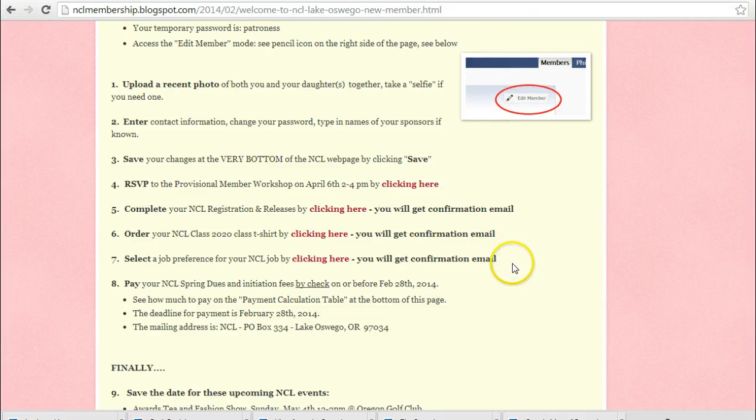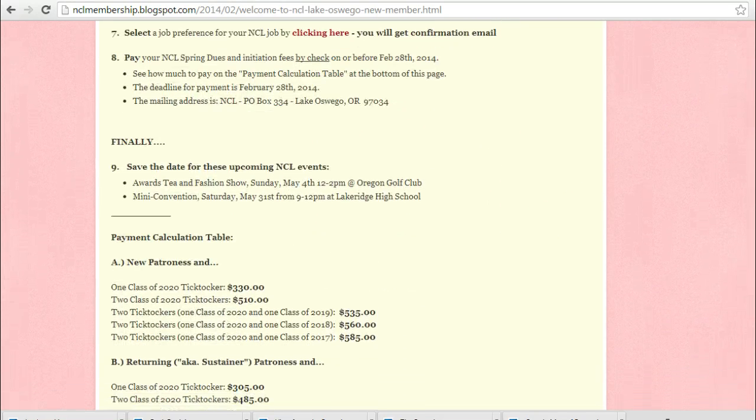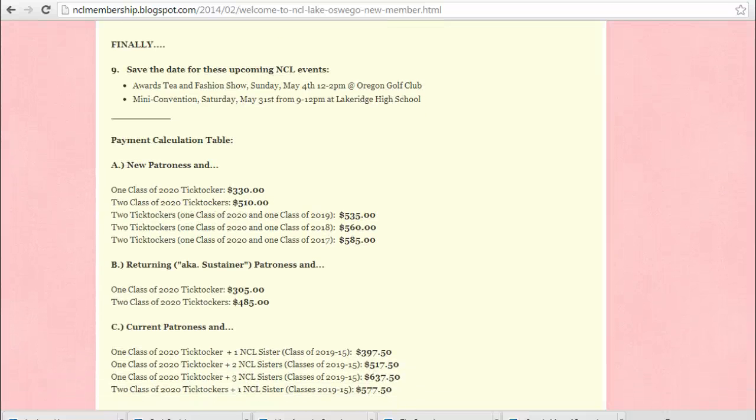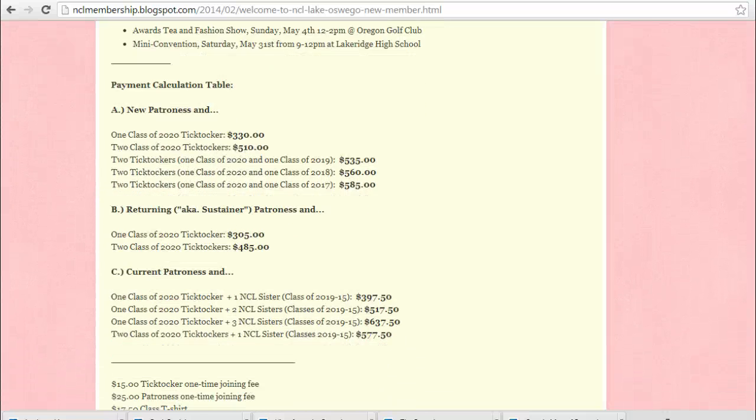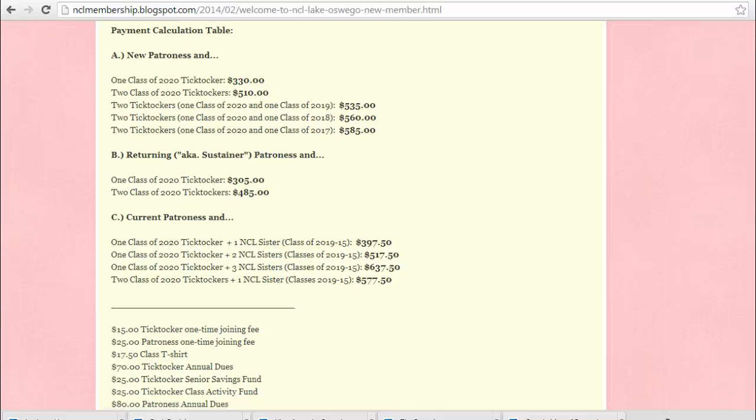Okay, going back to the page that we were showing you, the last part is the dues. And one of the things that we found out real quickly is that we have such a variety of different kinds of members that it's just impossible to say exactly how much to pay, because we have some moms that are active moms that are bringing in twins. We have moms that are new moms bringing in twins. We have a mom that's a sustainer bringing in twins. It's too many choices,